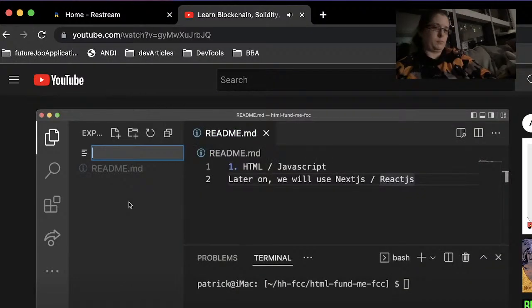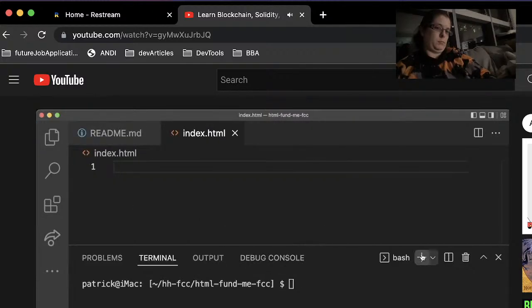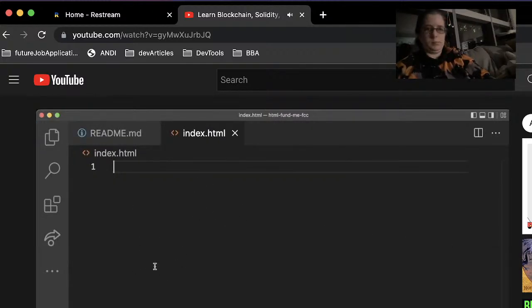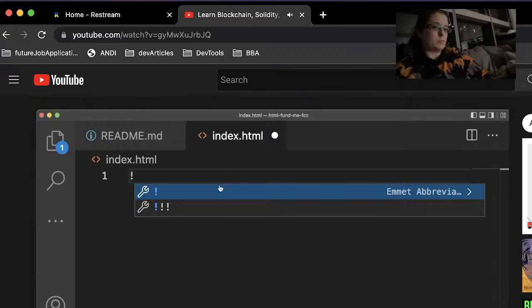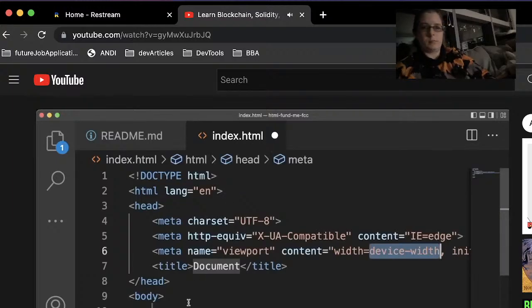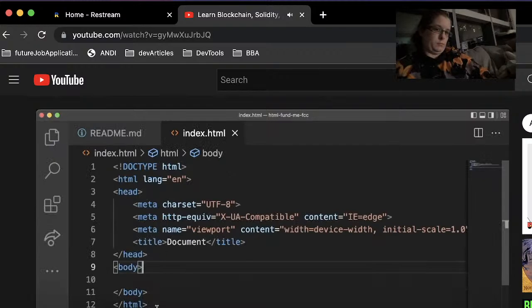So let's go ahead and create our HTML for our website. We'll call it index.html. And this is going to be the basic scaffolding or the basic bones of what our website is going to look like. Now in VS Code, if you go ahead and just type exclamation mark in index.html and you click the first thing that pops up, it'll automatically populate your code, your file here, with some basic